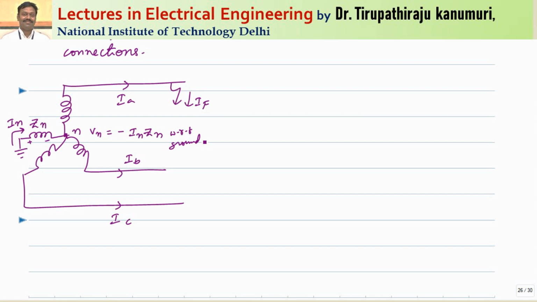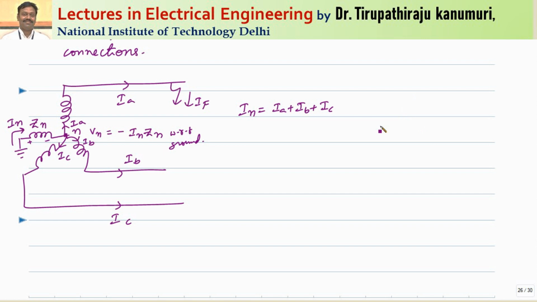Getting this one? Let us try to analyze what will be the value of this neutral current, that means the current passing through this neutral point. You can see here the currents supplied: this is my current IA, this is my current IB, and this is my current IC. At this junction the sum of the currents will be equal to 0, or otherwise, because the neutral current is entering and these currents are leaving, we can tell that In will be equal to IA plus IB plus IC. We know that IA, IB, IC can be represented in terms of the sequence components.